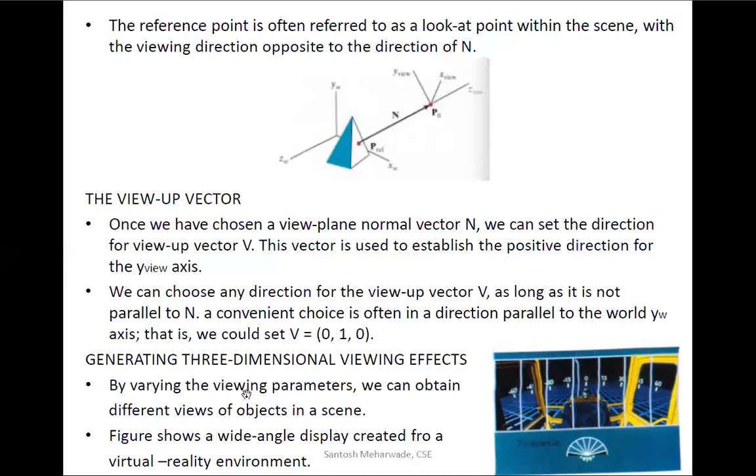I want you to go through this view up vector. It will be used in gluLookAt, which is used in the teapot program. If you want to know more about gluLookAt and the view up vector, make some changes in the values in that teapot program and see the result. You will come to know.